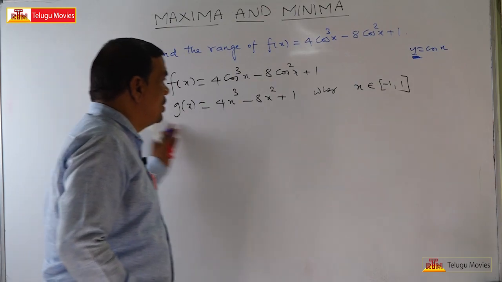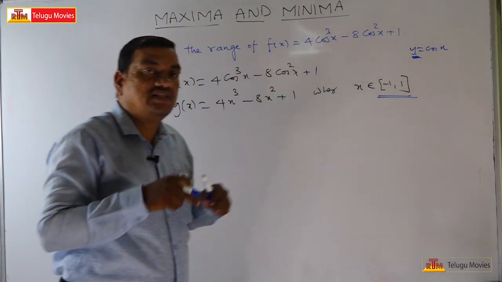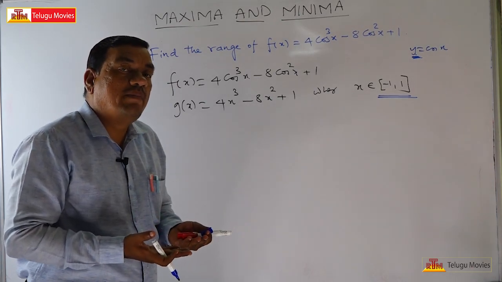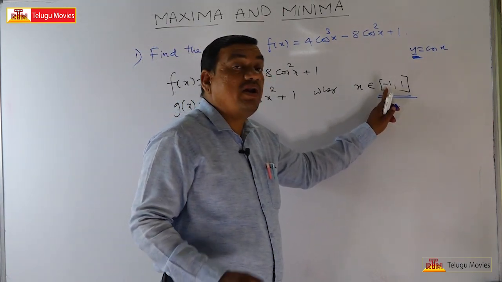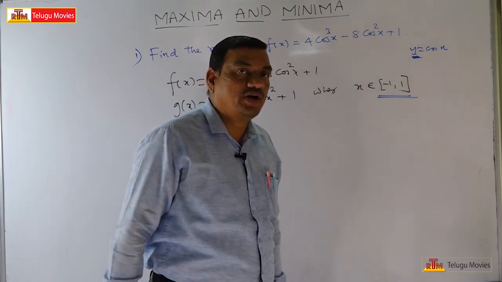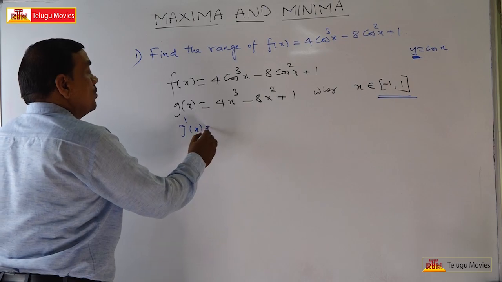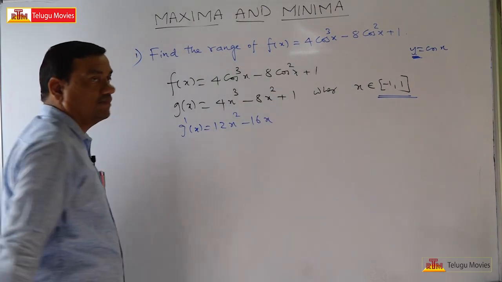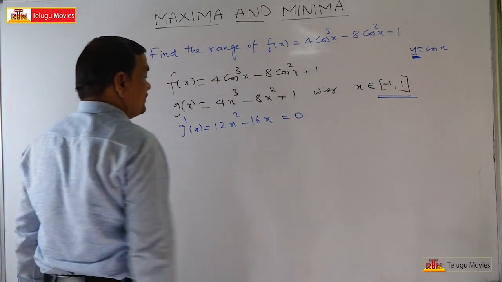Now we will proceed. We have to work on the interval minus 1 to 1. When an interval is given, we have to find the global maxima and global minima, which may lie at minus 1 and 1 also. Let us check that. For that, g dash of x is equal to 12x square minus 16x plus 1